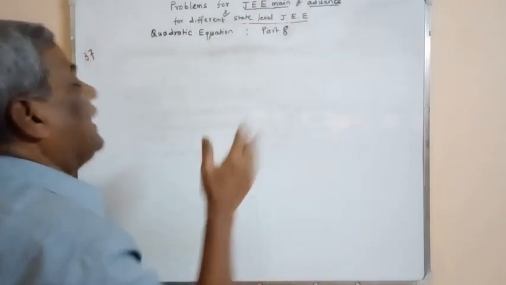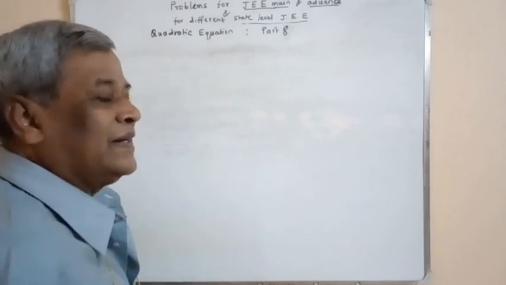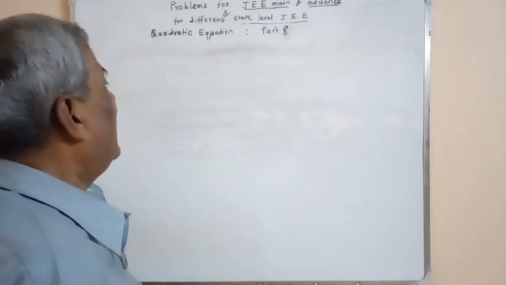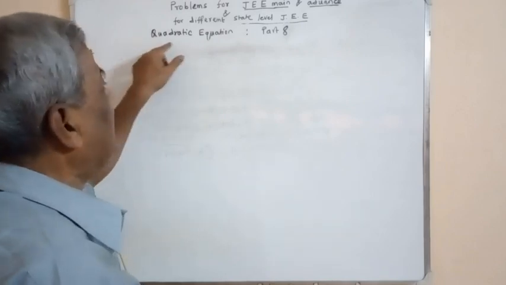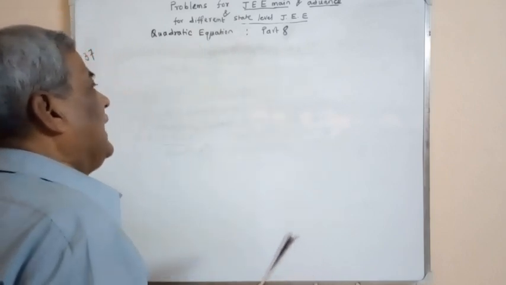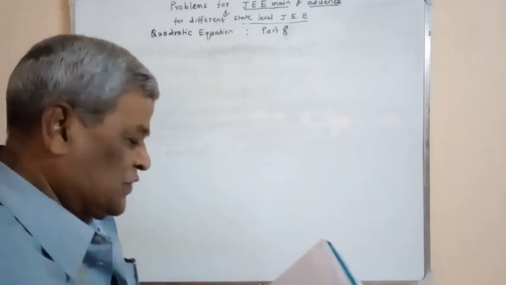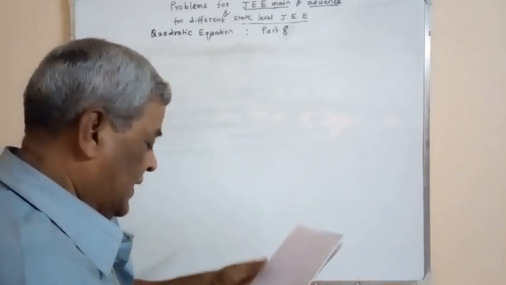Problems for JEE Main and Advanced and for different state level joint entrance examinations. Now, the chapter Theory of Quadratic Equation is going on, and today it is part 8 of that. First problem is problem number 37 of that chapter, and the problem is